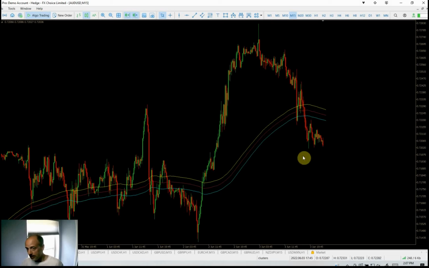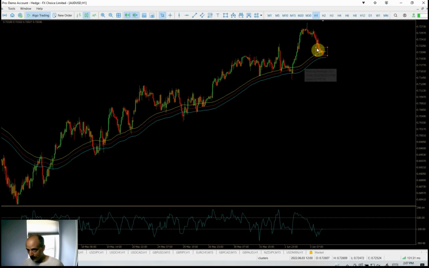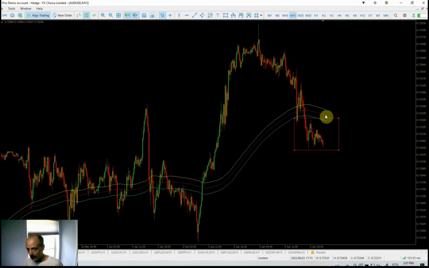Okay, so in this case, let's see, this is the Aussie dollar. Now, this is an area where perhaps we would not be trading this pair, and this is what I was just talking about. You can see on the 15-minute we've broken below the channel. Okay, so let's put a rectangle box around this price action. We go back to the 1 to 2 hour, and again, we're still well above, we're still right inside the channel. So I would not be interested in taking any shorts in here right now, until, if and when, the